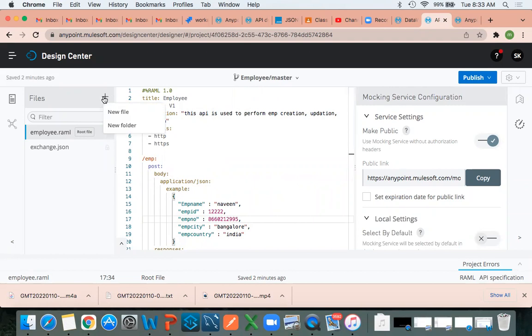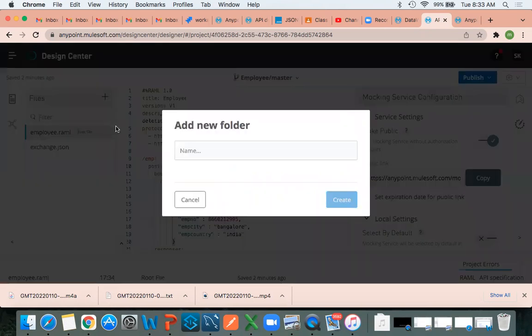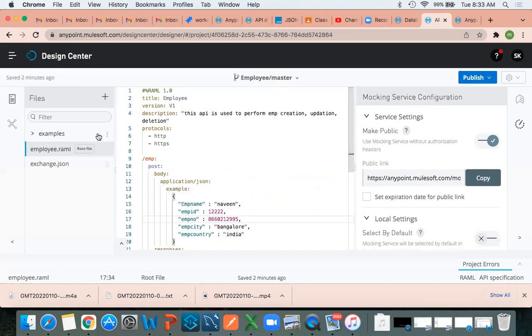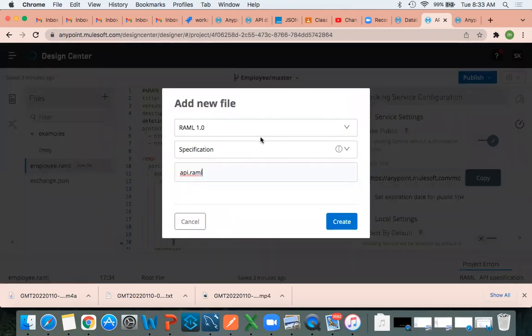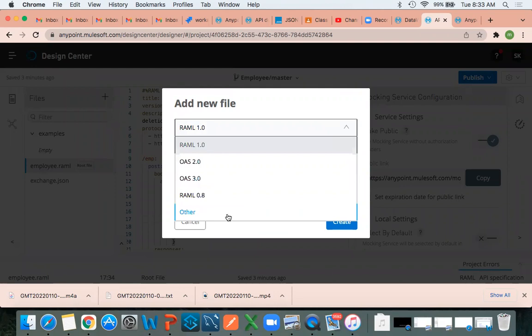If you want to create a folder, click on plus, new folder, provide the name as examples, create it. Inside this examples folder, we need to create a file. How to create a file? Plus, new file, Others. I didn't find YAML. Okay, here we need to select Other.